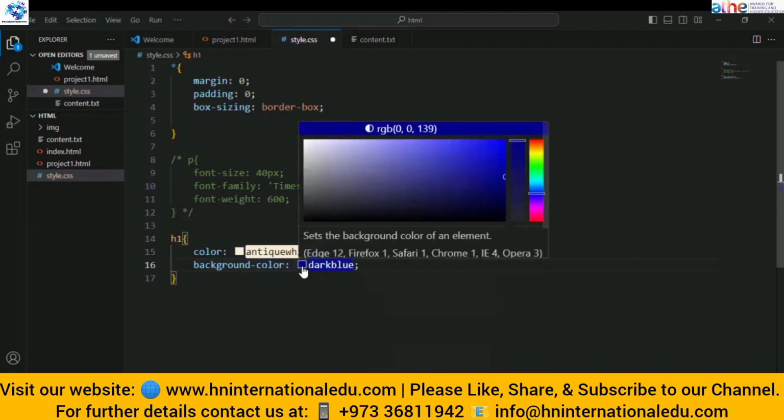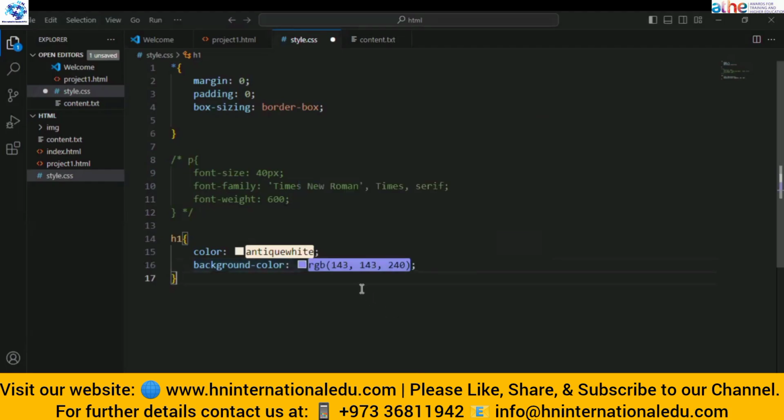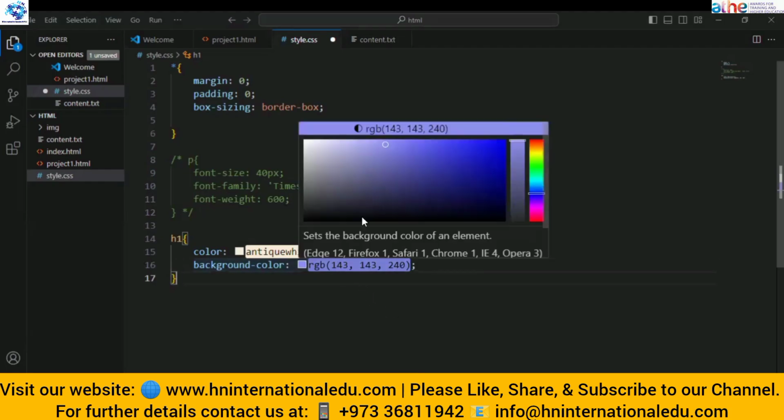Here when you click, you can also use a variation like this one. If you remember, after clicking on a variation, we have an RGB format. If we click here, the format will change into hexadecimal, the hex code. You can change it whenever you want.